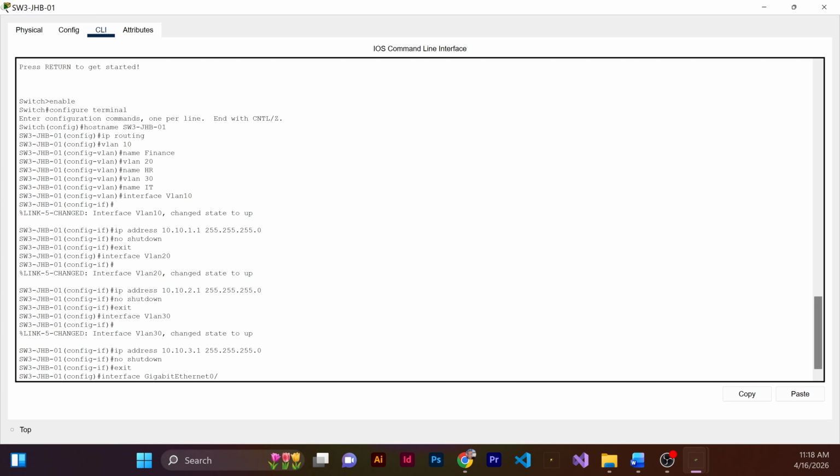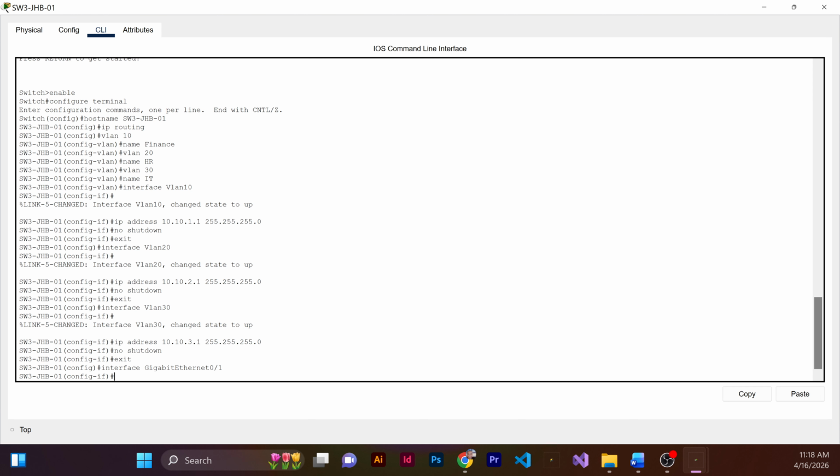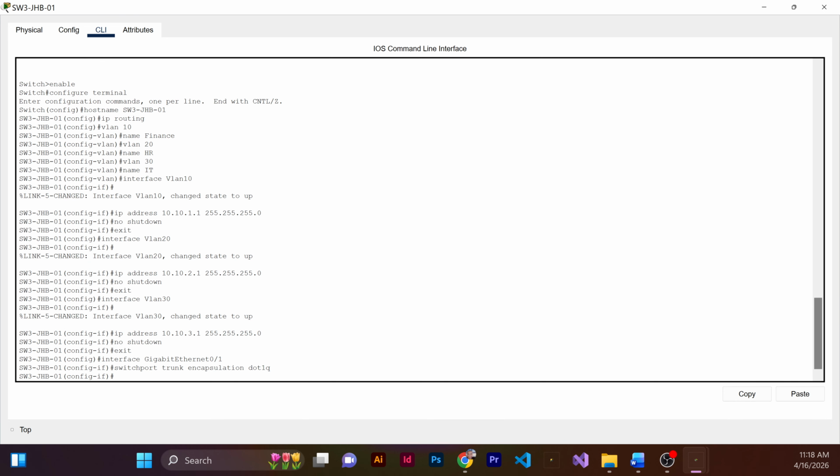Now the 3560 switch actually requires the .1Q encapsulation specified explicitly, so we'll just say switchport trunk encapsulation .1Q and switchport mode trunk,